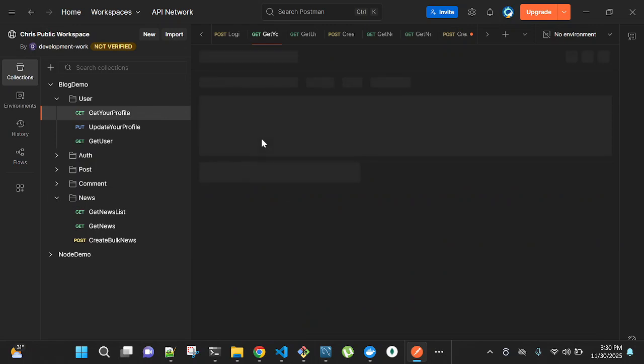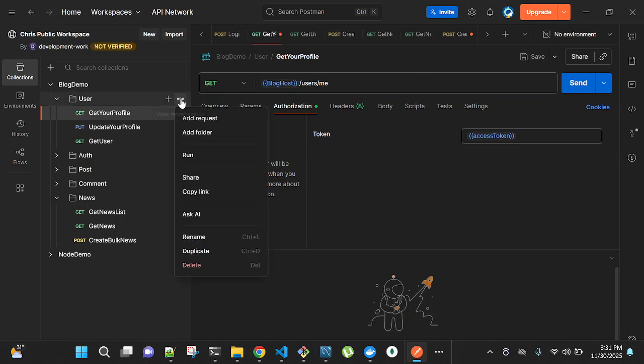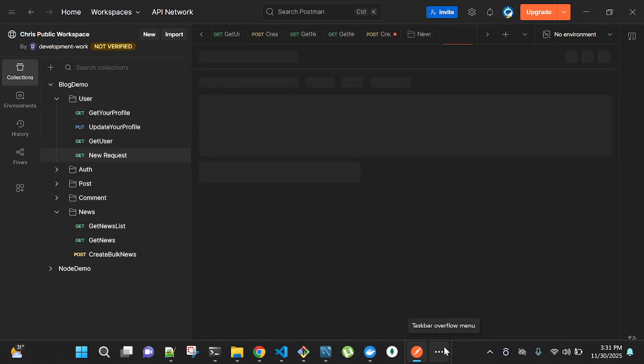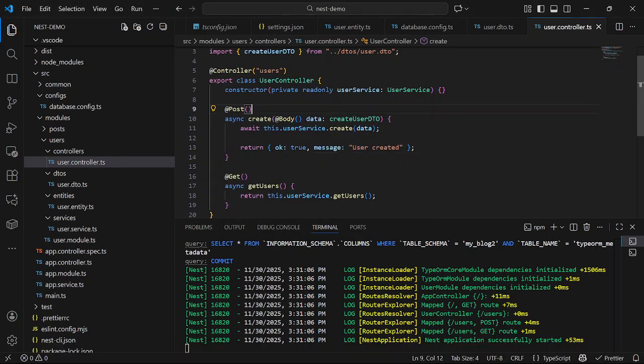It's not here in the user collection user folder, but we're going to create it. Add request.